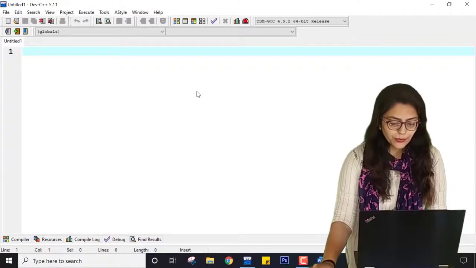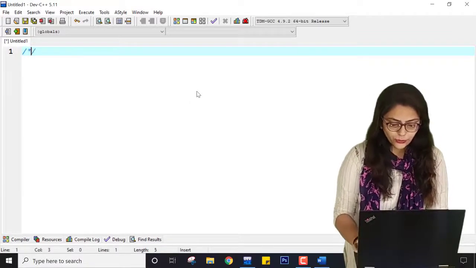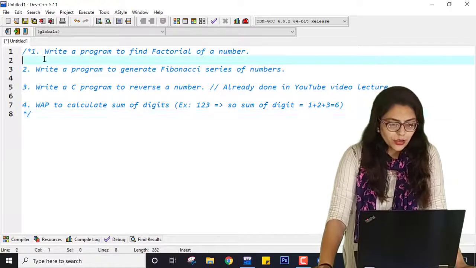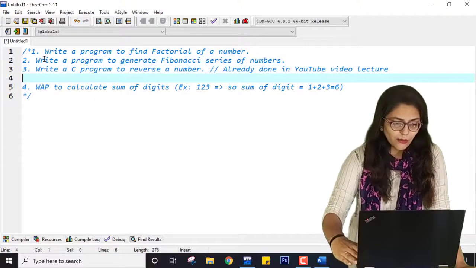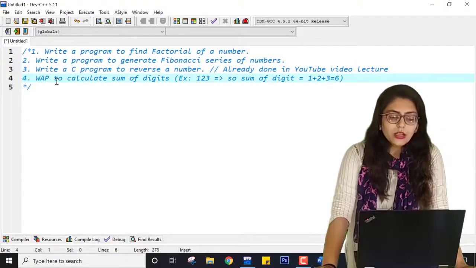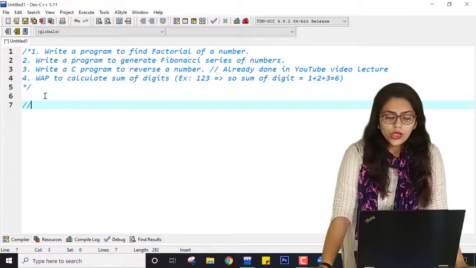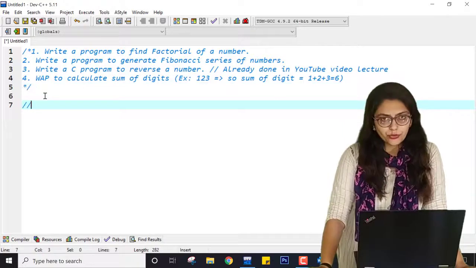So let me open my new file. Inside my new file I am writing multi-line comments. The first program is: write a program to find factorial of a given number. So how do we find factorial?